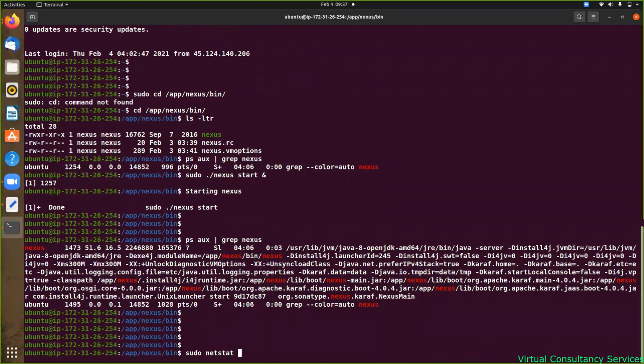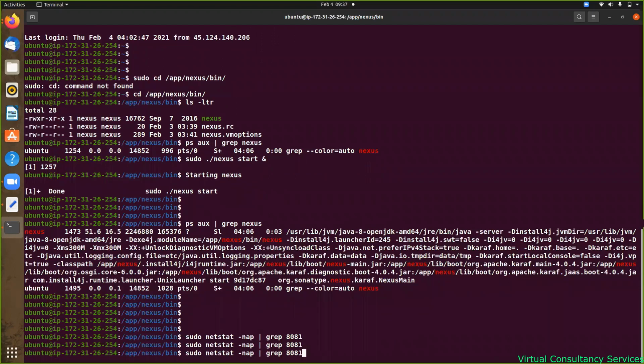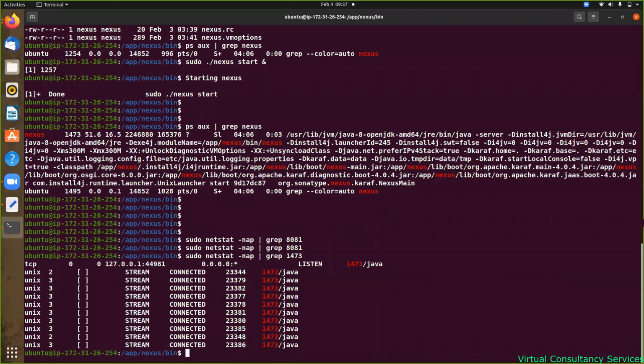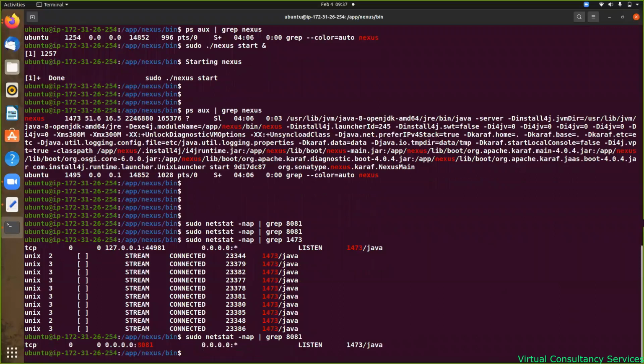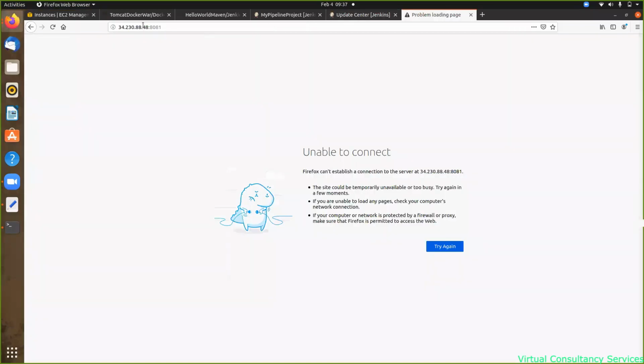netstat -nep pipe grep 8081। तो अभी तक 8081 अपनी आया बट नेक्सस अप आ गया है। तो अभी यहाँ पे प्रोसेस 1473 से देखते हैं, थोड़ा टाइम पे आता है वो, ठीक है। अभी उसका अपना जो TCP पोर्ट है वो आया राइट, इन वाइल वो आ जाएगा 8081 या आ गया। अभी हम लोग एक्सेस कर सकते हैं, हमारा आईपी हमने कॉपी किया हुआ है, चेंज दैट आईपी